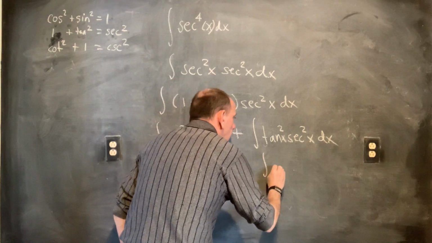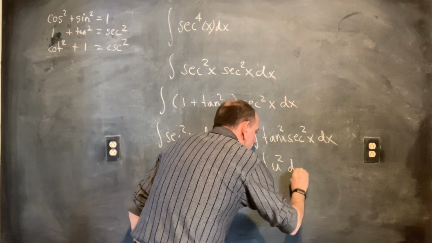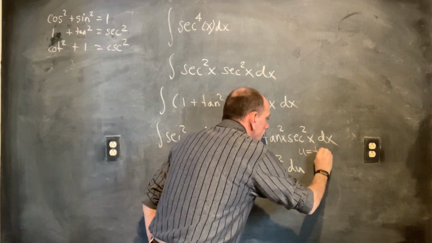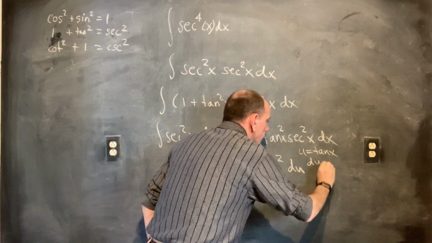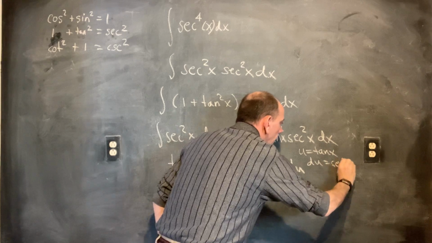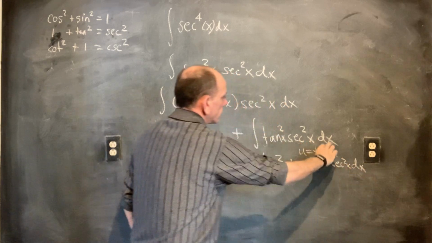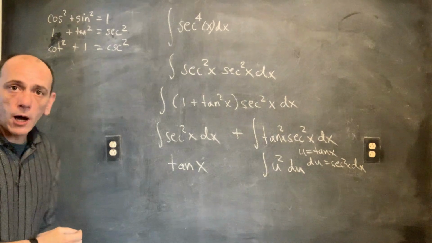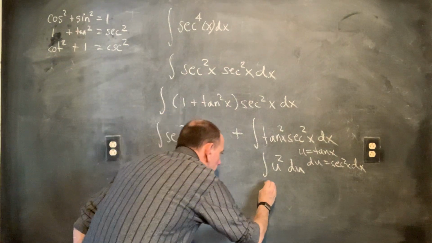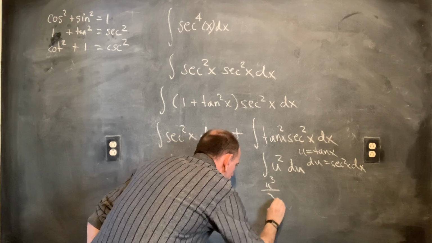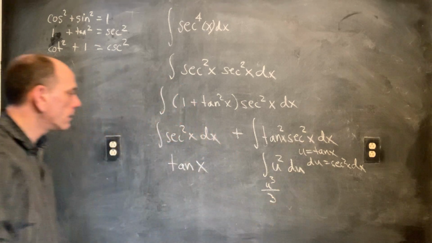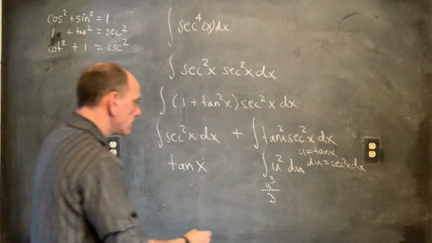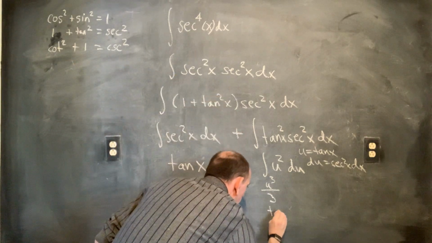This is the integral of u squared du, where u is the tangent, so du is secant square x dx, which was just sitting right there beautifully for me. So that's a power rule, u cubed over 3. And my u in this case was the tangent, so I've got tangent cubed